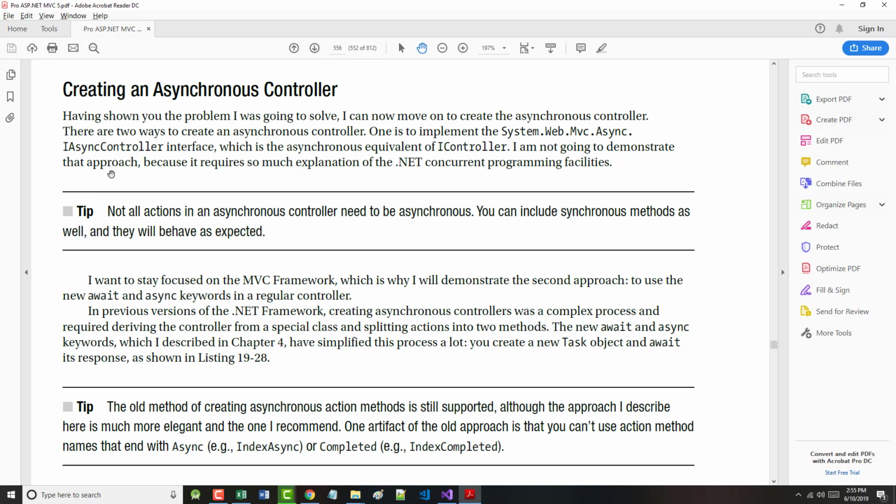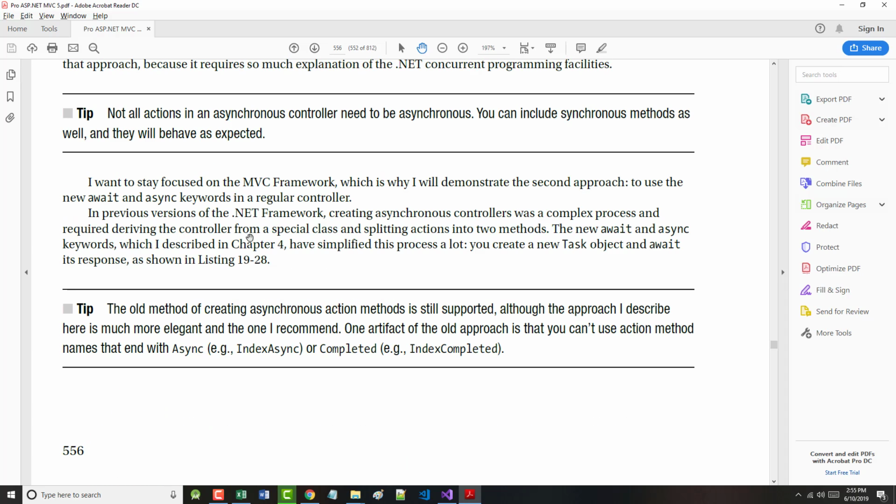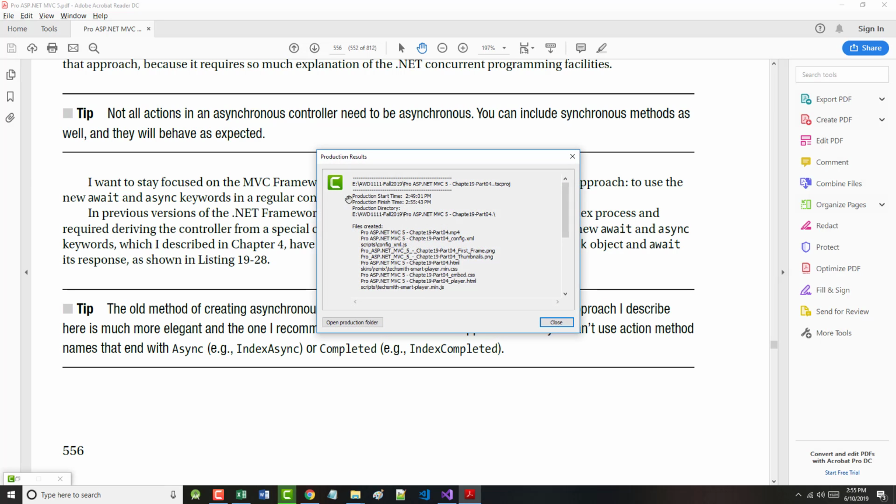So I am on page 556, halfway down. Having shown you the problem I was going to solve, I can now move on to create the asynchronous controller. There's 2 ways of doing this. One is to implement the System.Web.Mvc.Async.IAsyncController interface, which is the asynchronous equivalent of IController. I'm not going to demonstrate that approach because it requires so much explanation of the .NET concurrent programming facilities. I want to stay focused on the MVC framework, which is why the author says